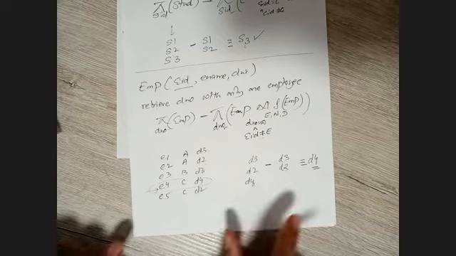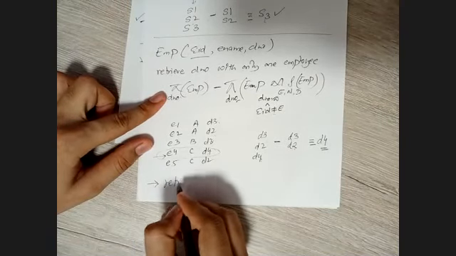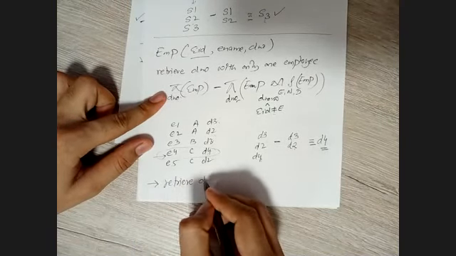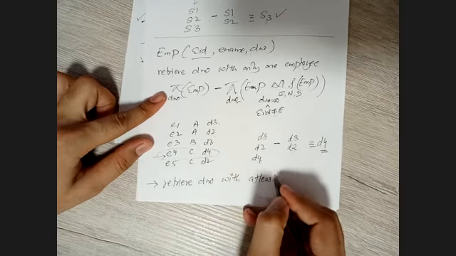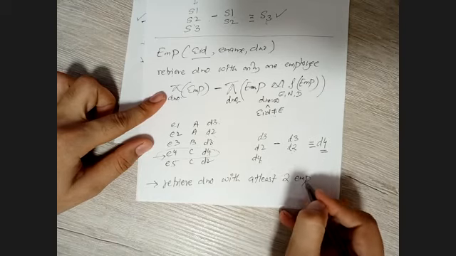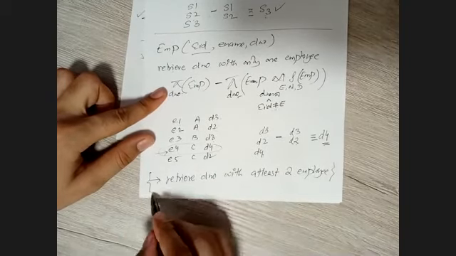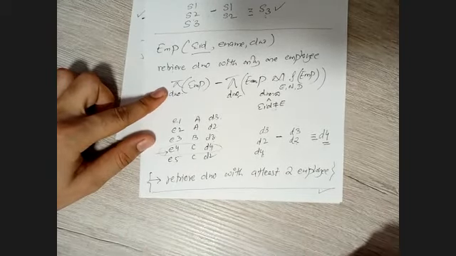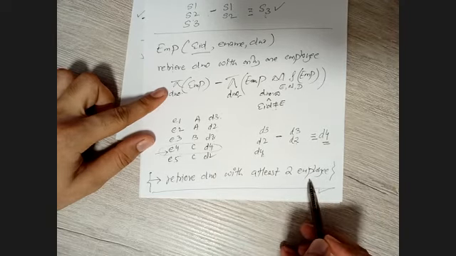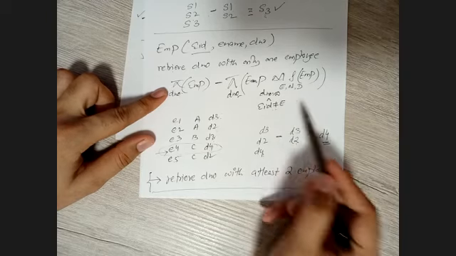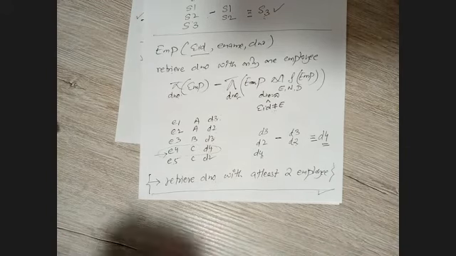And okay, I'm just leaving it to you. All of you can try. You need to retrieve the department number with at least two employees. Just try it on your own. You should be able to write the query for this one very easily. This is what is actually written here, right?